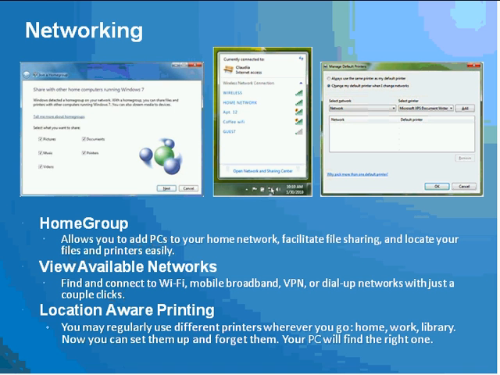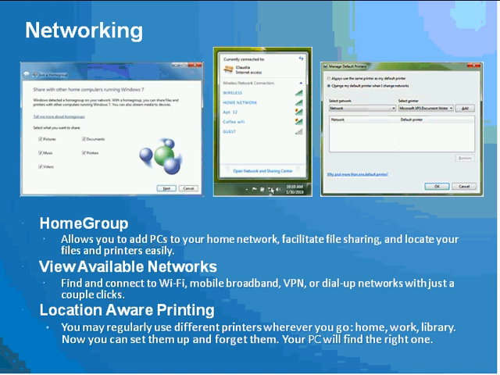HomeGroup allows you to network all of these in a very simple way. All you need to do is use one PC or laptop to create the HomeGroup and allow others to just join it. We will see this demo as we go forward. There is also a simplified interface for figuring out and connecting to the available networks.